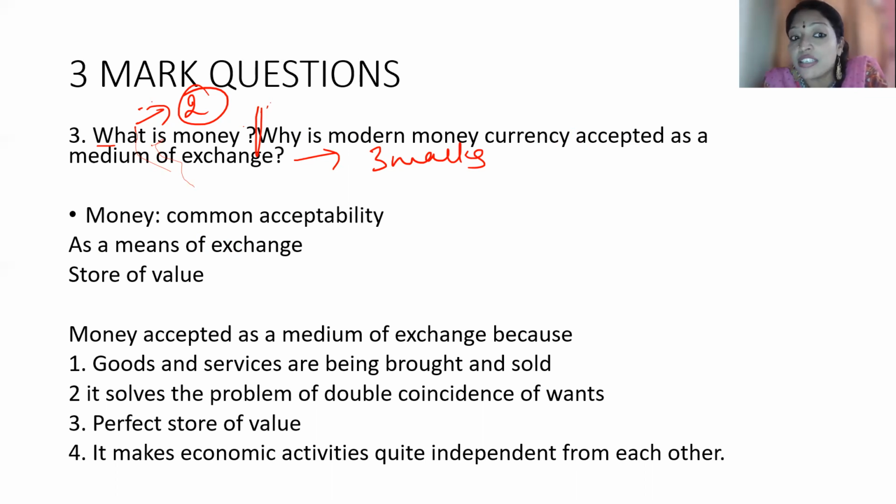So let us discuss first what is money. Money is anything which is commonly acceptable. I go to the market, I want to buy one chocolate, I give 5 rupees. So that is commonly accepted. Why is it commonly accepted? Because it is authorized by RBI. The Reserve Bank of India or Government of India authorized the money, so no shopkeeper or person can deny taking the amount. So money acts as a medium of exchange and it has a store of value.